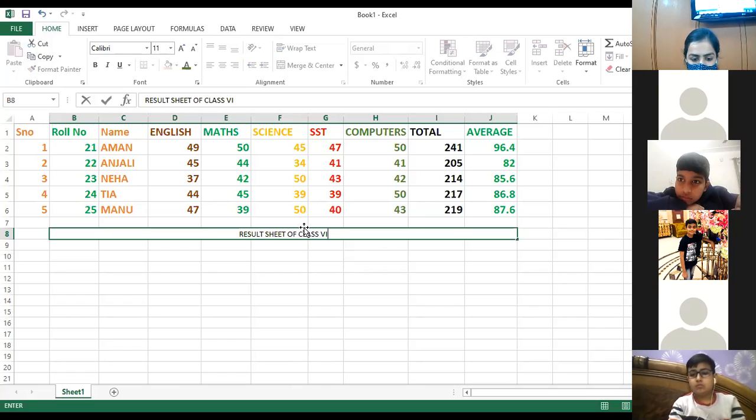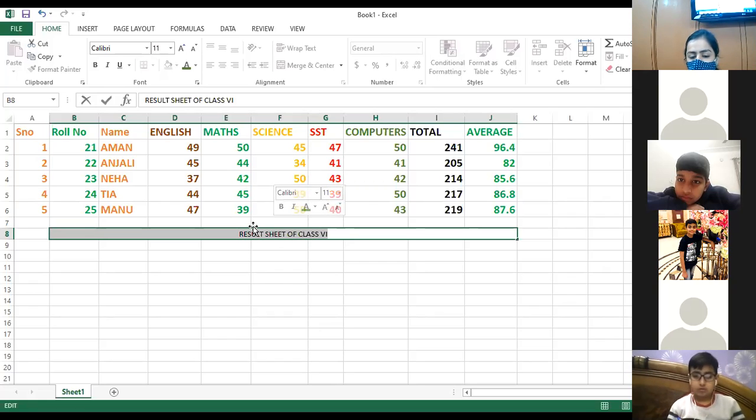Clear. How I did this? Select the column, select the row that you want to merge. Then in the alignment group of the home tab, there is the merge and center option. Then your row will be merged. Clear. So by pressing Control A, you can select this cell.